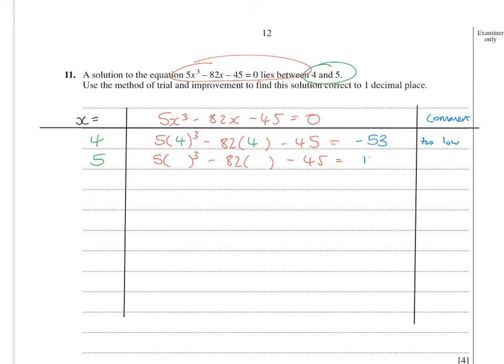Now, this gives 170, so that is too high. That's much higher than 0 now. Okay? Now, that gets me my first mark, just subbing in the numbers they tell me. Now, I could go blind and just say, right, method that will definitely work, it will definitely get there eventually, is going bang in the middle of these two. But if you look at these solutions here, one is a lot closer to 0 than this one. Okay? So I'm going to try and use a little bit of logic here and go